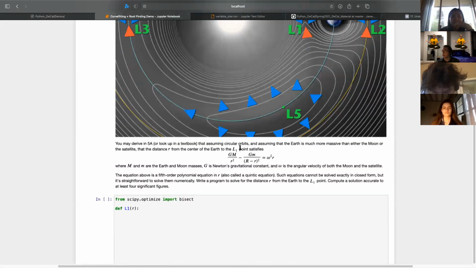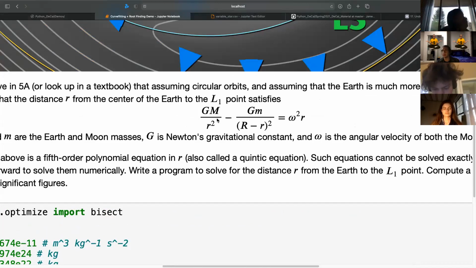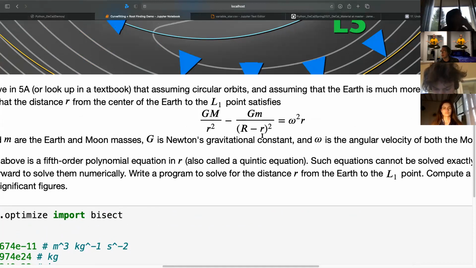And the way you do that is you would root find this function here. I'm not going to derive this. That's a mechanics class. I don't care about that. What I do care about, though, is that this solution has five roots. It's a quintic equation in R. You can read about it right here. I can post this to anybody who wants it.